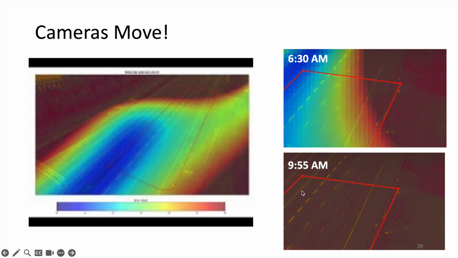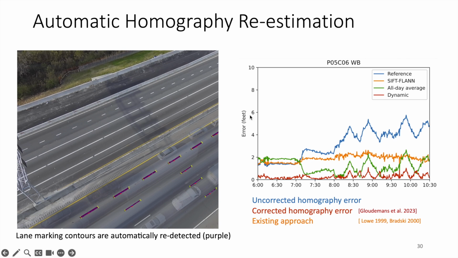if uncorrected, over 10 feet of error in some cases, if we use where we think the camera is pointed and we convert objects from the image space into the world space using the original transform. So we had to correct this by using an automatic homography re-estimation method to look for the lane markings continually in each camera field of view over the course of the day and correct for the motion of the camera. Using this method, we're able to reduce the error to about 0.33 feet, or a couple inches, which is pretty